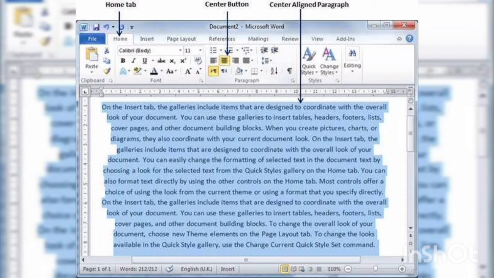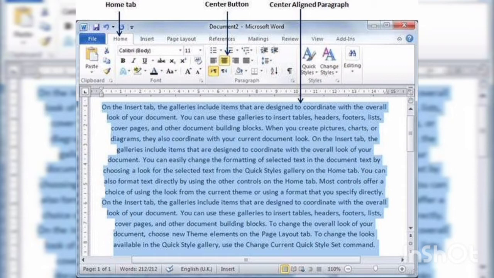Now, the second option, that is center alignment. This is also called midpoints. The midpoints of all the lines in this case will be aligned along the same imaginary vertical line at the center of the text area between the two margins.